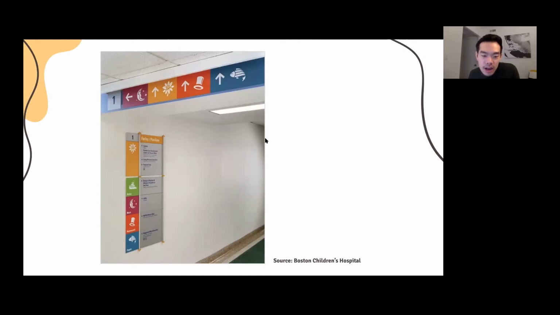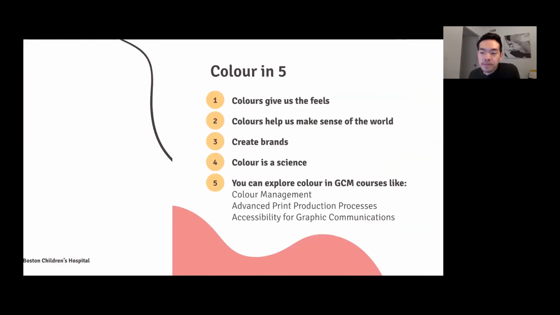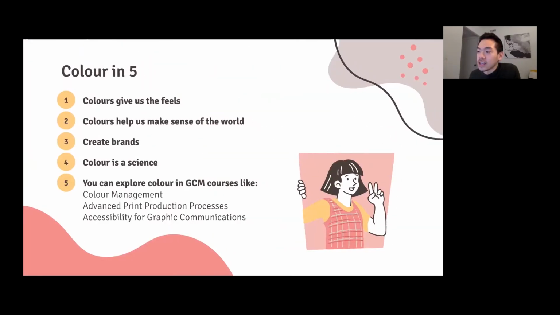And I like this a lot because there are all sorts of implications around accessibility as well. If you think about what if someone has some sort of color impairment and all the colors are kind of muted or look the same, it's said in accessibility that you should give people two things to pay attention to. That's why we also have symbols in addition to colors. So there are some examples of that.